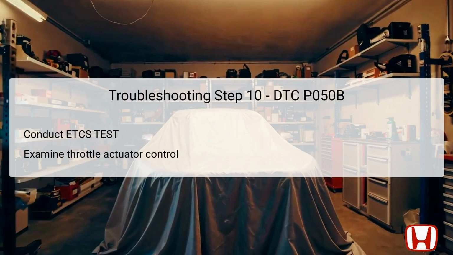The next troubleshooting step is to conduct the Electronic Throttle Control System (ETCS) test using the HDS. This test assesses the functionality of the throttle actuator control valve, which is responsible for managing air intake throttle positions based on engine demands. A properly functioning throttle actuator is essential for ensuring the correct air-fuel mixture, especially under varying loads. If the ETCS test indicates that the throttle actuator is performing normally, you can proceed to the next step